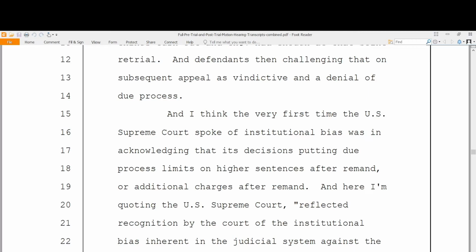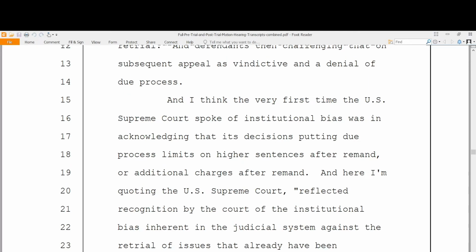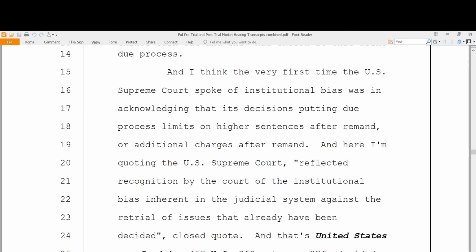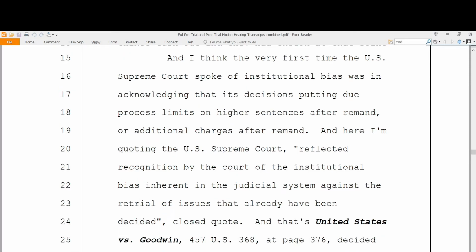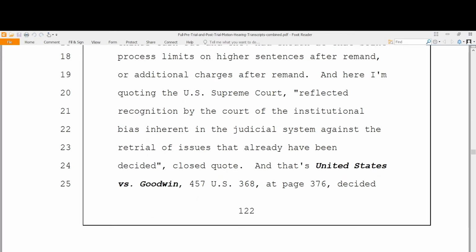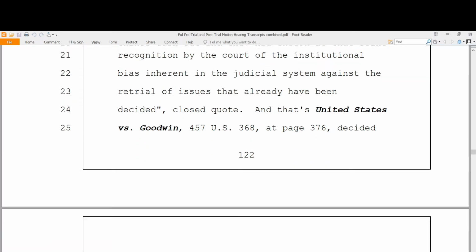And I think the very first time the U.S. Supreme Court spoke of institutional bias was in acknowledging that its decisions putting due process limits on higher sentences after remand, or additional charges after remand, and here I'm quoting the U.S. Supreme Court, "reflected recognition by the court of institutional bias inherent in the judicial system against the retrial of issues that already have been decided," close quote. And that's United States versus Goodwin